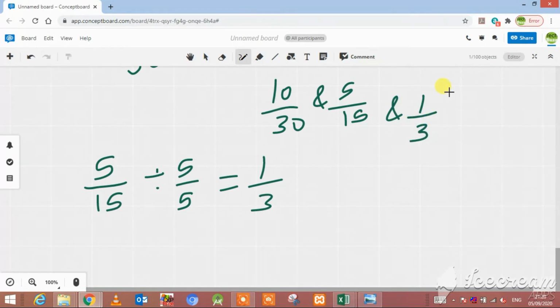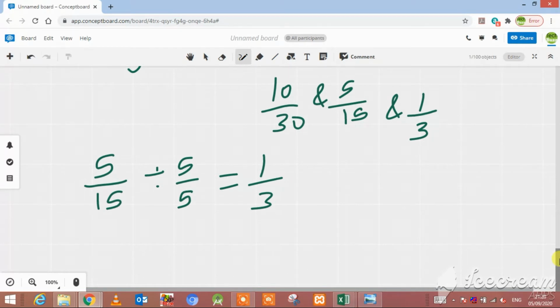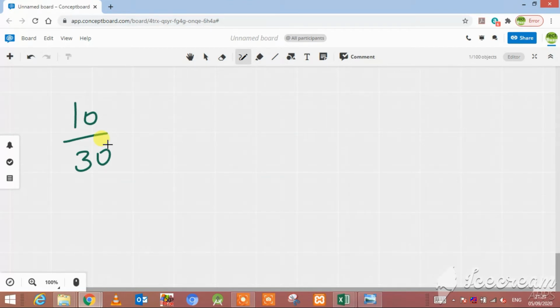Yes, you have learned how to find equivalent fractions. Now, as I can read your mind, you are thinking when you have to multiply or when you have to divide. So for that, I am doing one more question for you. Here again I have written 10 upon 30. Now I taught you how you can find equivalent fractions with multiplication or by the division method.